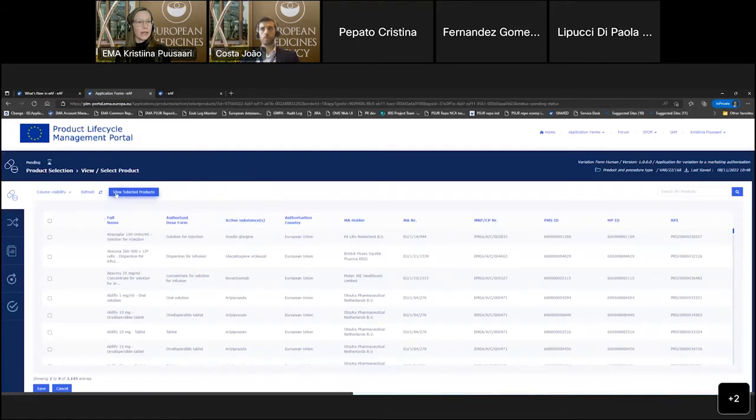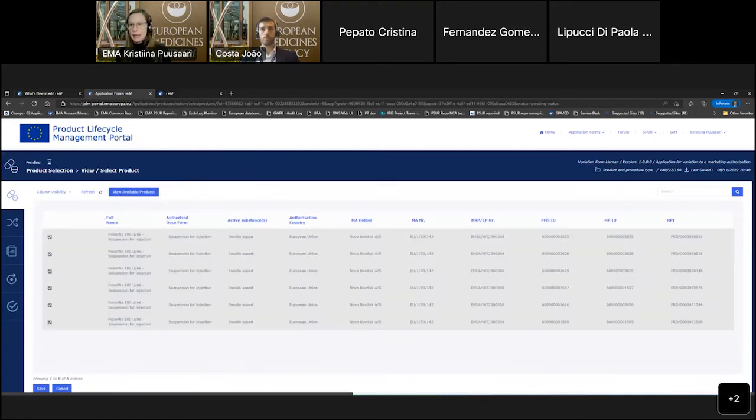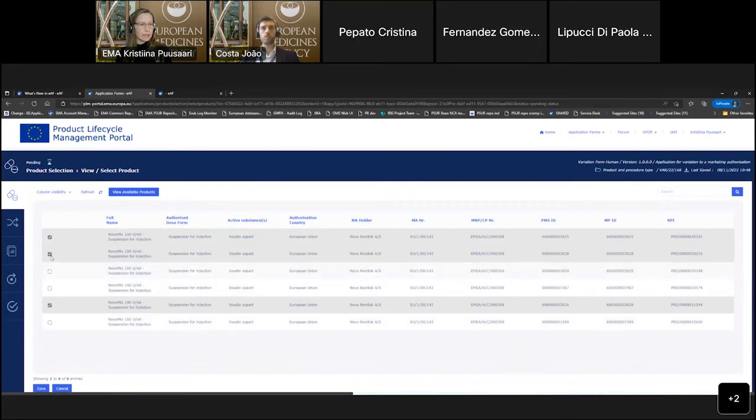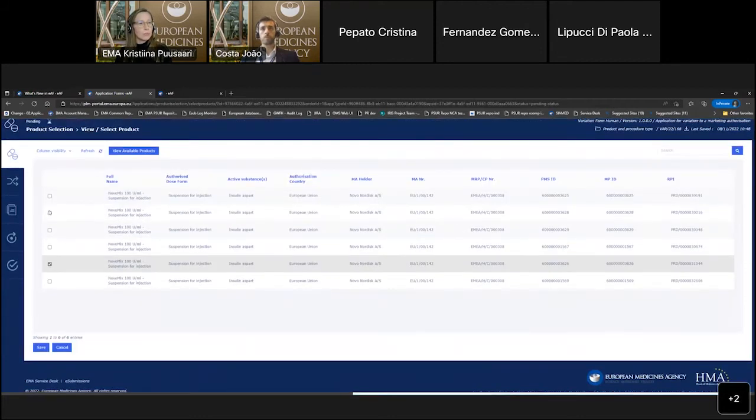So here I have a tab called View Selected Products. I simply click on this, and now I have identified the PMS ID of the one product that I want to select for my application because it contains the presentations that I want to use. I remove the other ones and I click Save. And then we will see that I have only selected this one